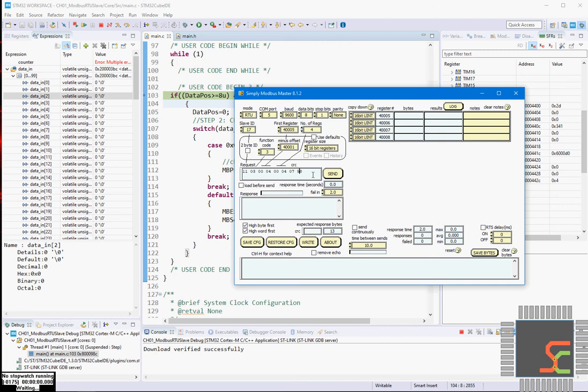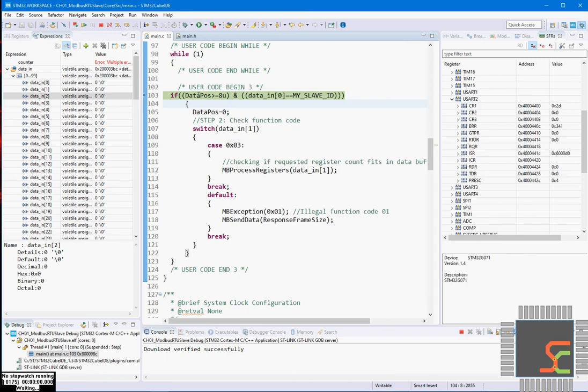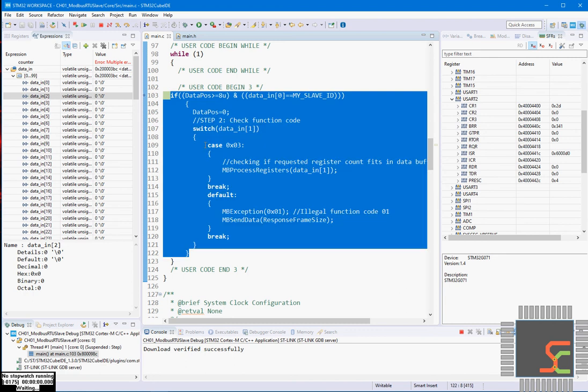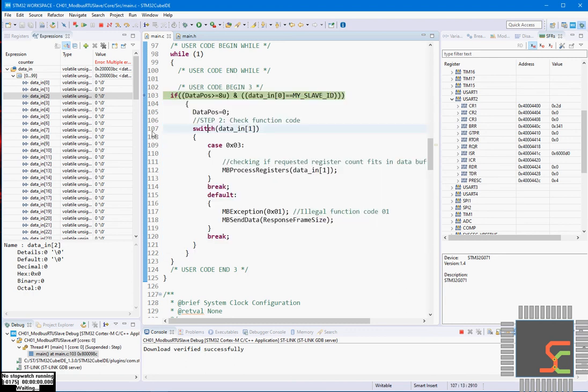So 8 times that interrupt routine is invoked, and that's why we are checking the data position variable with the value 8. Once that occurs, this if loop will be true and it will enter inside. So I'll put a breakpoint here so that we will not lose it, or else once that condition is true, it will execute and send the data to the master within a fraction of a second, and we cannot see it.